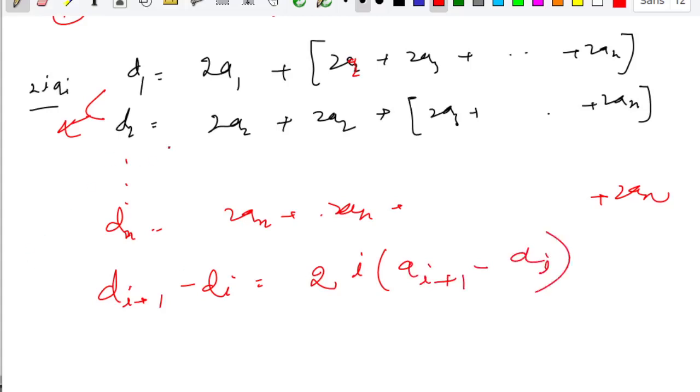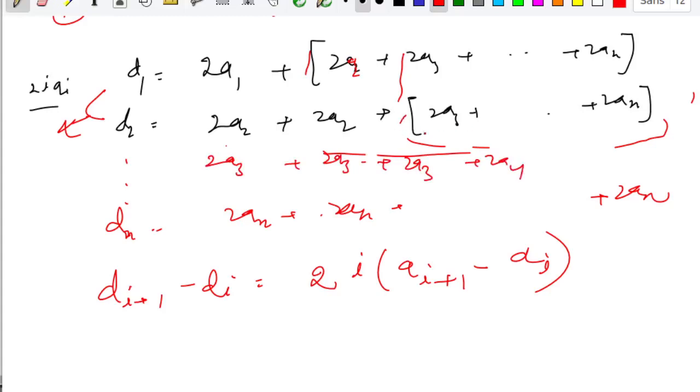You can observe this difference because all these terms are getting cancelled and we are left with only this. Similarly for d3, we'll do it like this, plus 2a3 plus 2a4, so these terms will get cancelled on difference. So d2 will be just a3 minus a2 into 2 into 2. So this is our general relation.